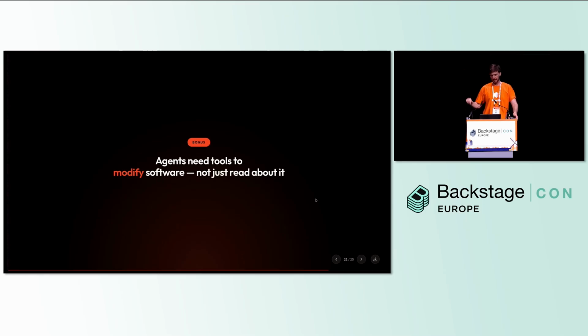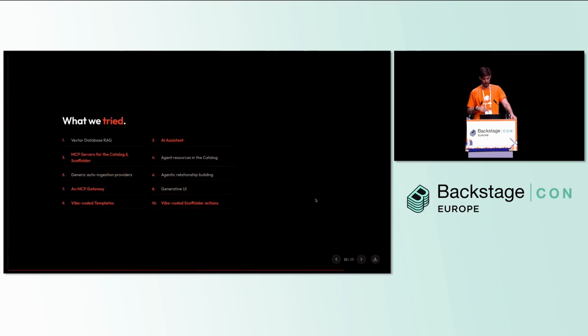Then as a bonus, the actual ability to interact with your software ecosystem, to make a change within it, is this incredibly powerful thing that you can unlock because of the combination that Backstage has of the software catalog, but also the scaffolder. You have this dual platform already.